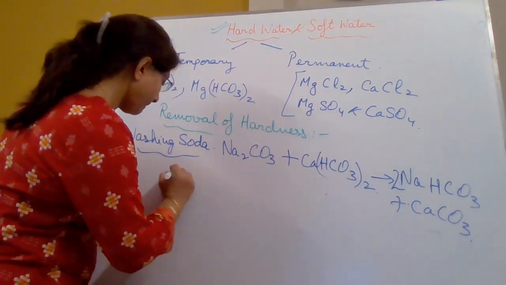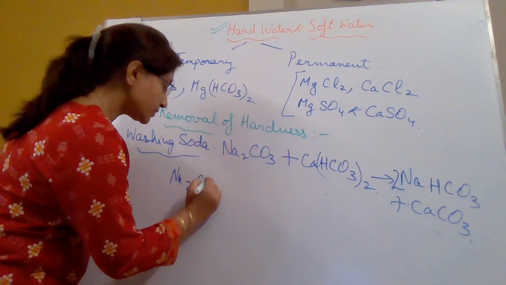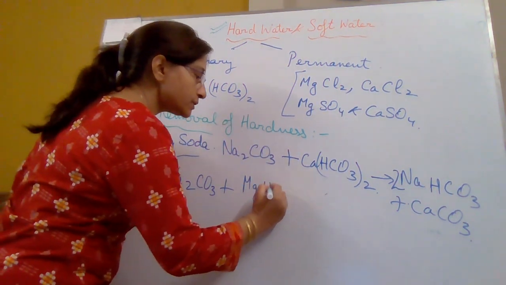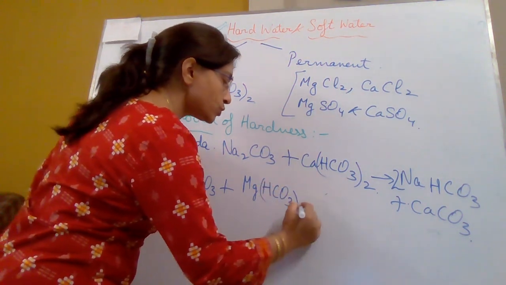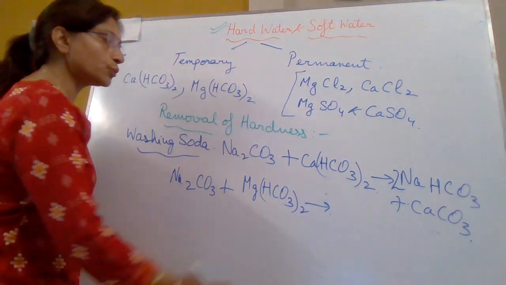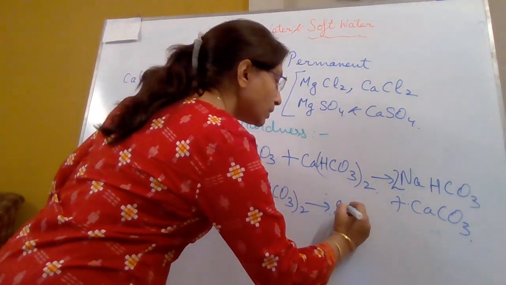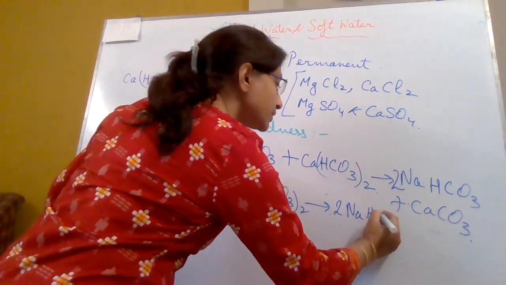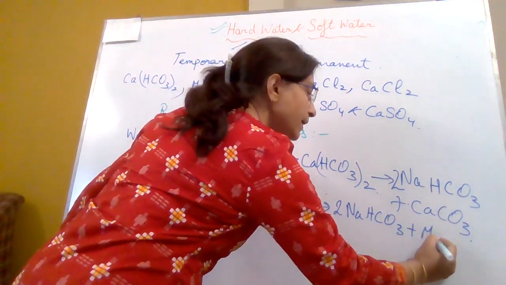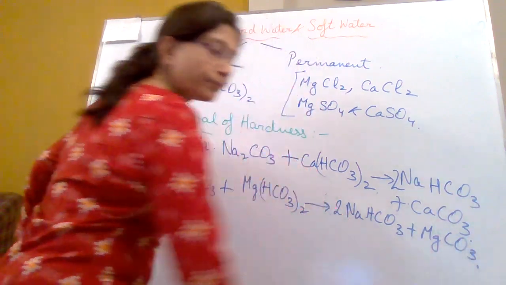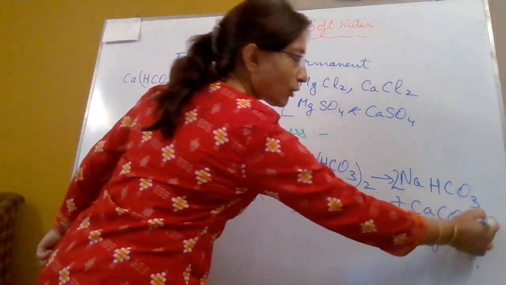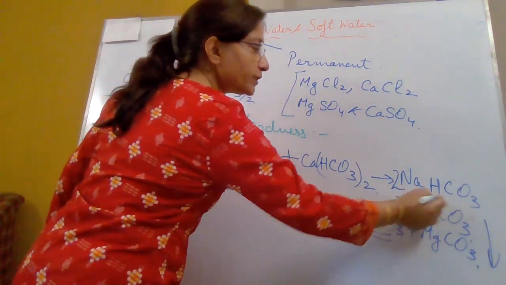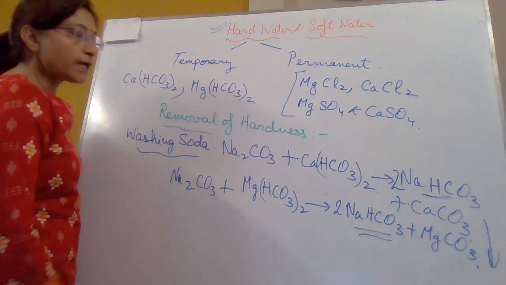Whereas Na2CO3 plus Mg(HCO3)2 will also produce 2NaHCO3 plus MgCO3. Now this calcium carbonate or magnesium carbonate will settle down along with these bicarbonates produced, and thus